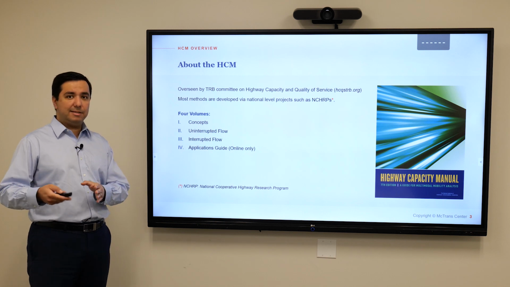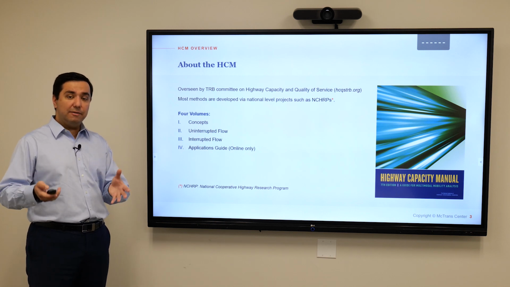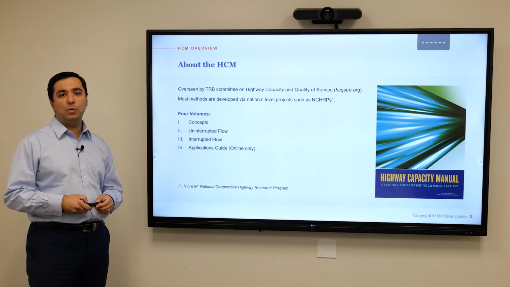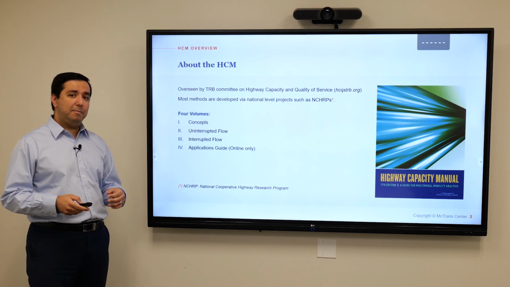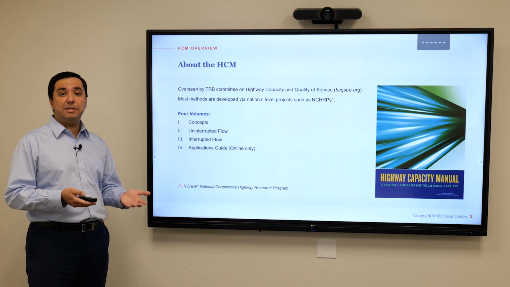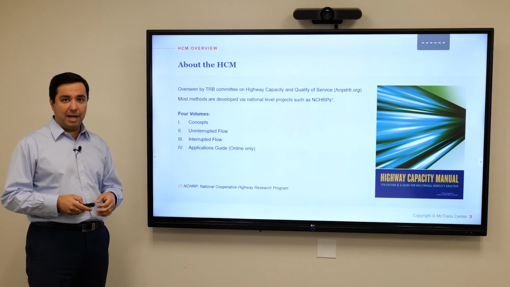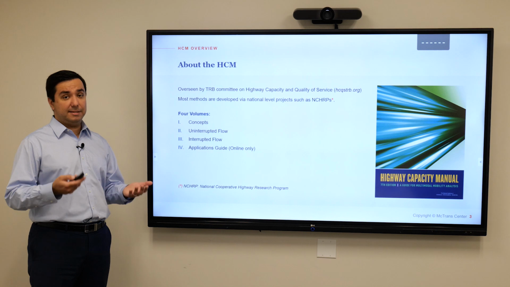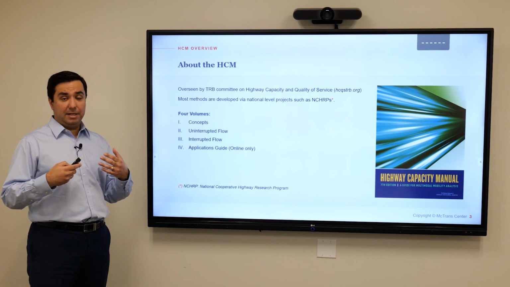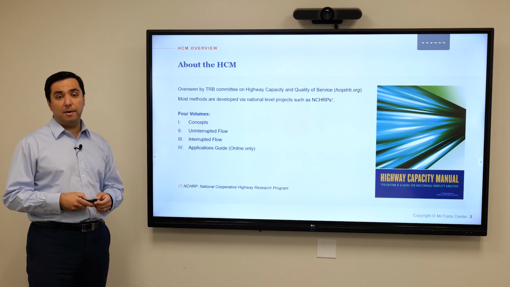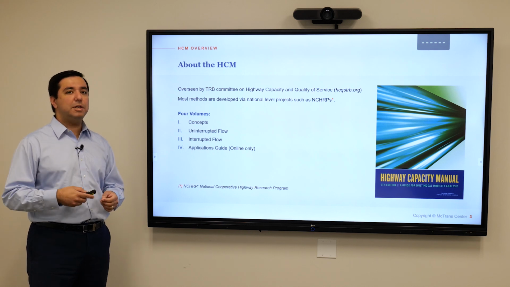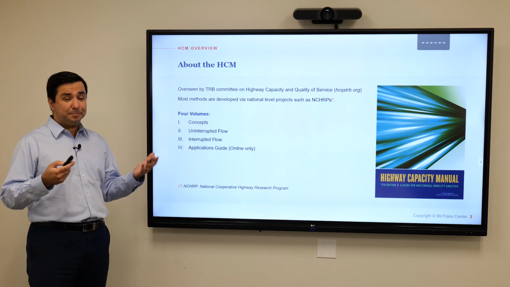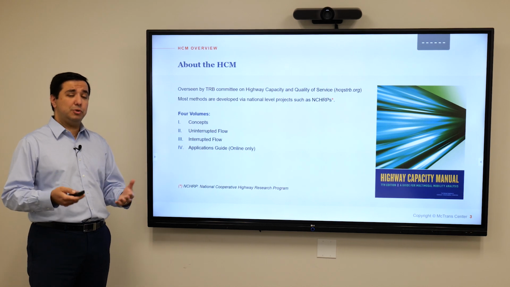Once that's done, the deliverables are handed to TRB's Highway Capacity and Quality of Service Committee, which oversees material in the Highway Capacity Manual. They discuss it in a second round, and they vote in order for it to be adopted into the manual. So there are multiple layers of peer review that go into these national-level research products,